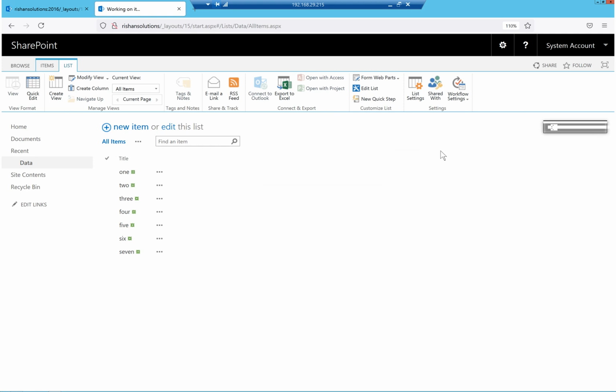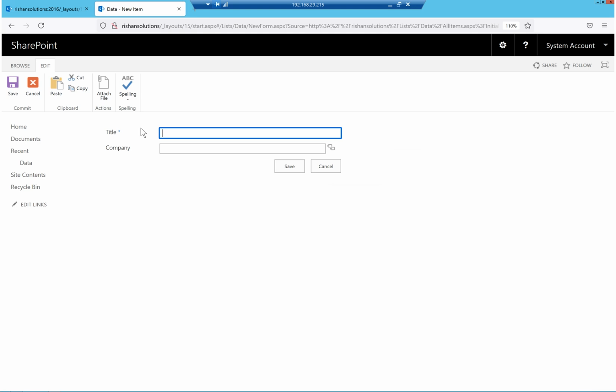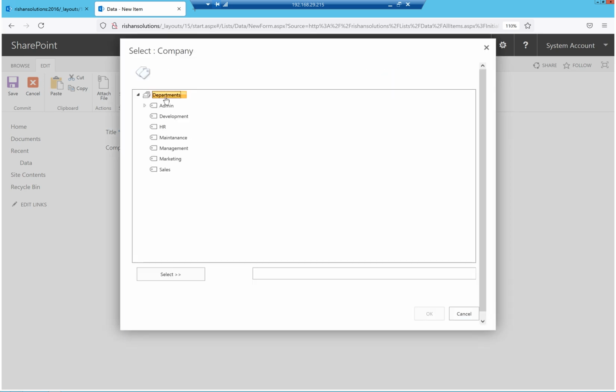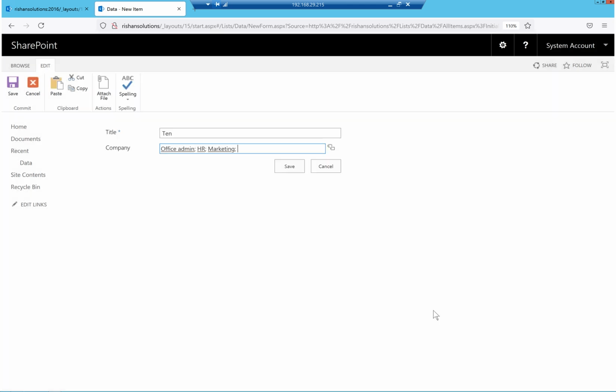Now we created a managed metadata column in the SharePoint list. When you try to add a new item to this list, you can see that option here. I'm giving some 10, and then for company, you can click this option and see a window. In that window you can see the department term set and the subterms. Now I want to select office admin, HR, and marketing, three terms. Click OK, and then see three tags are added to this particular item. When you click save,